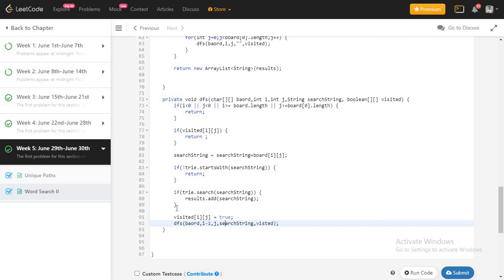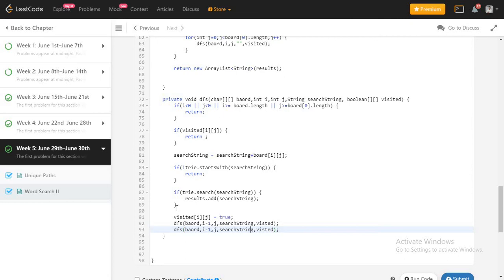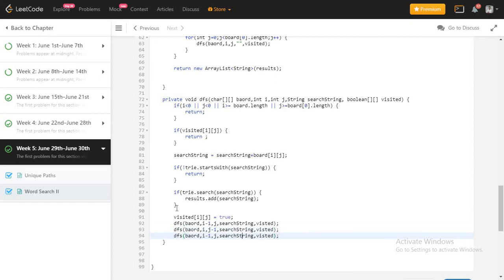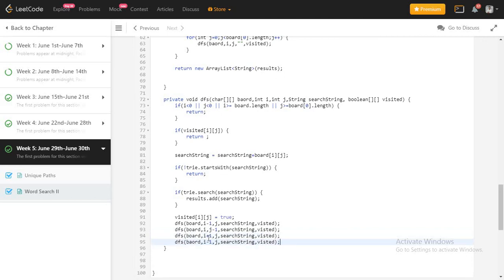Now I need to call the same function for all the 4 adjacent cells, right? So at first I call it for i-1, then I need to call it for j-1, then, let me correct the spelling mistake, it should be i+1, then j+1, right?